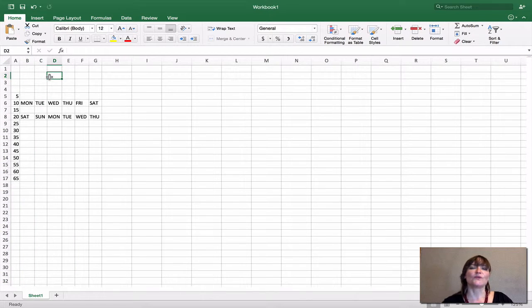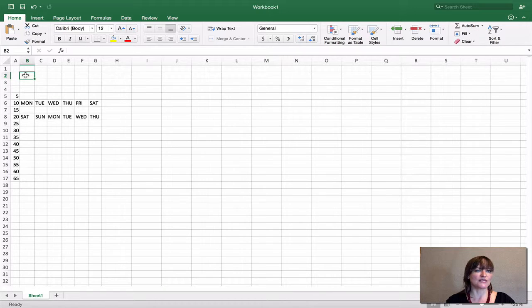Often when you're working with spreadsheets, you want to keep a header row and maybe a label column visible even when you've scrolled away from the top left corner of the spreadsheet. To do that, we use the Freeze Panes feature.